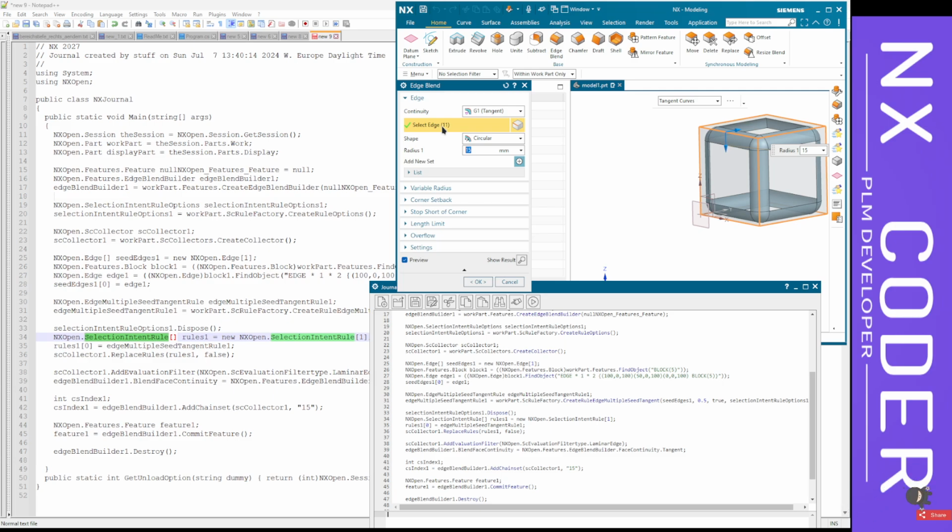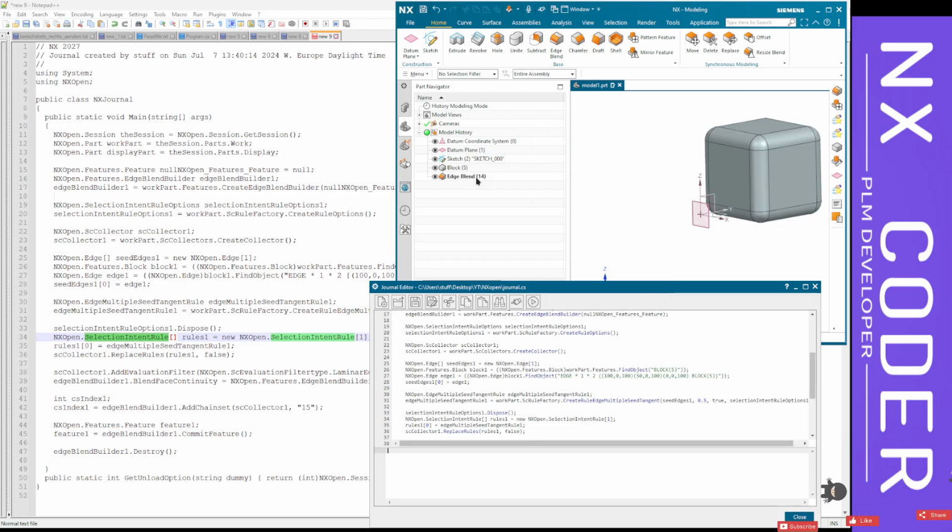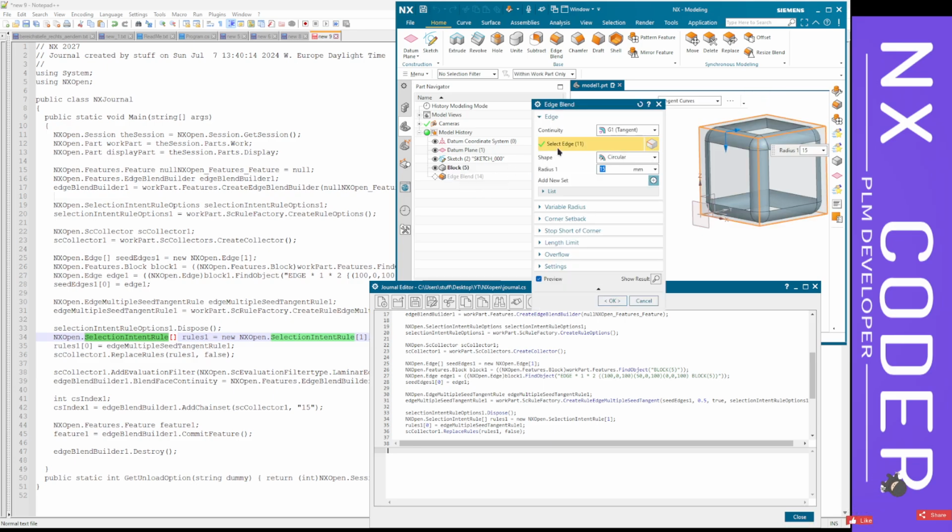So either you can select all the edges, record a journal, and see, or we can get only one edge out of it, record a journal, and loop through all the edges. That's a different way. But the best practice is to select all the edges. Why? Because if you loop through each of the edges and create a blend, it creates multiple blends. So let's say I'll quickly reset it, and then instead of selecting all the edges,